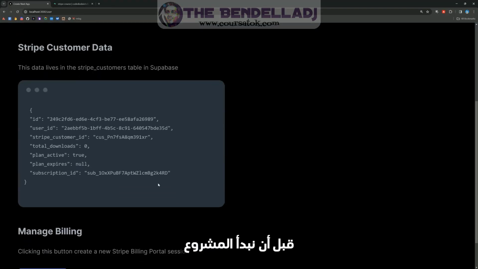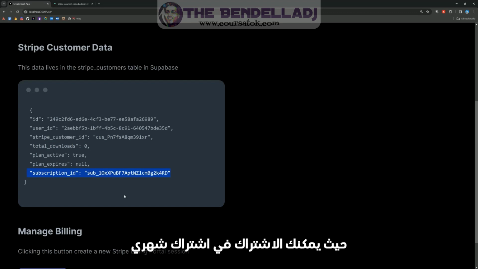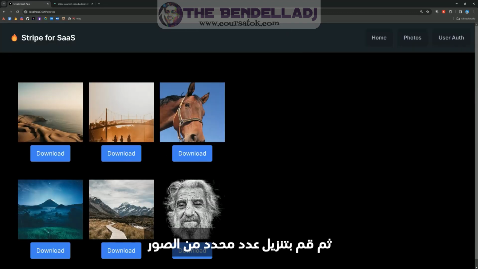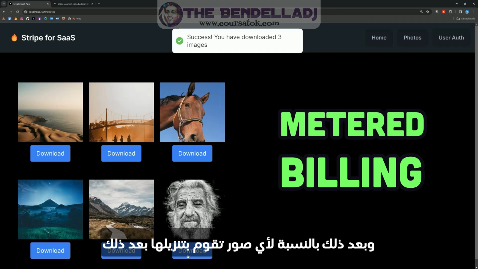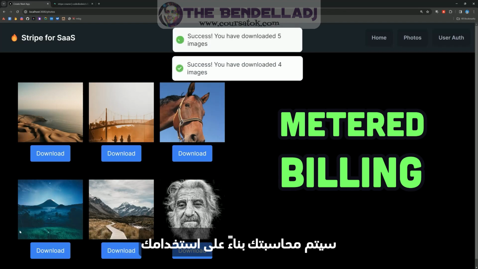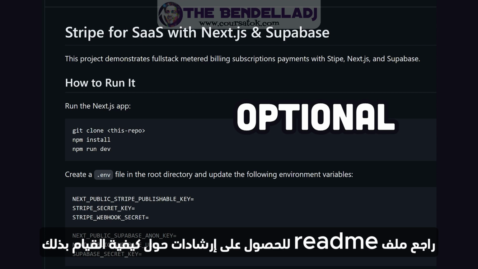Before we set up the project, I first want to give you a tour of what this app actually does. Basically, it's like a stock photography website where you can sign up for a monthly subscription and then download a set number of photos. You get a few photos for free, and then for any photos you download beyond that, you're charged based on your usage. If you want to run the full project, check out the README for instructions on how to do that locally